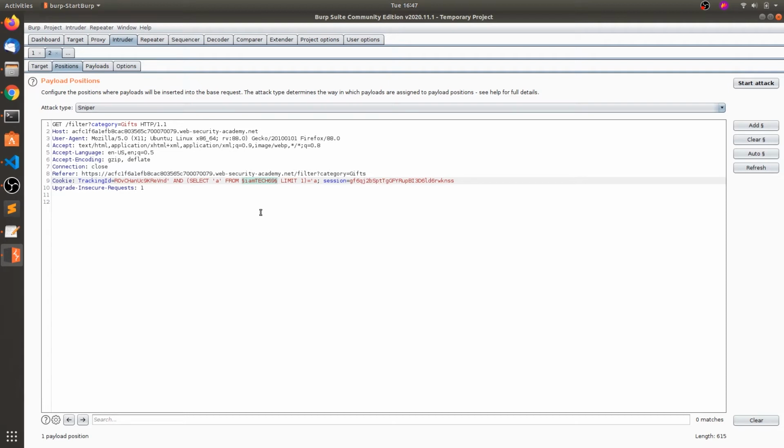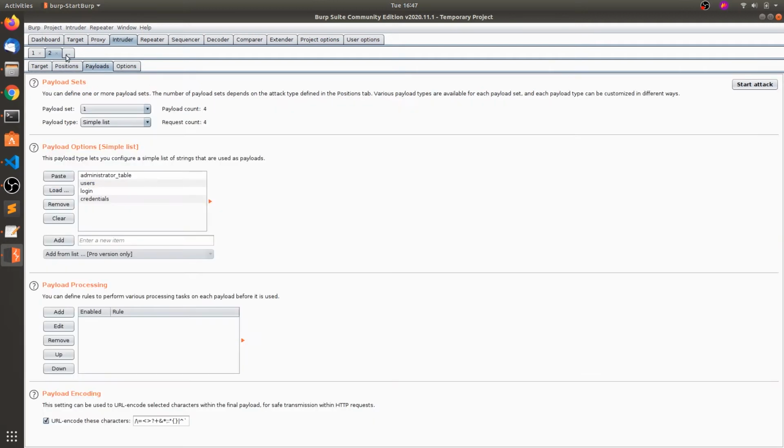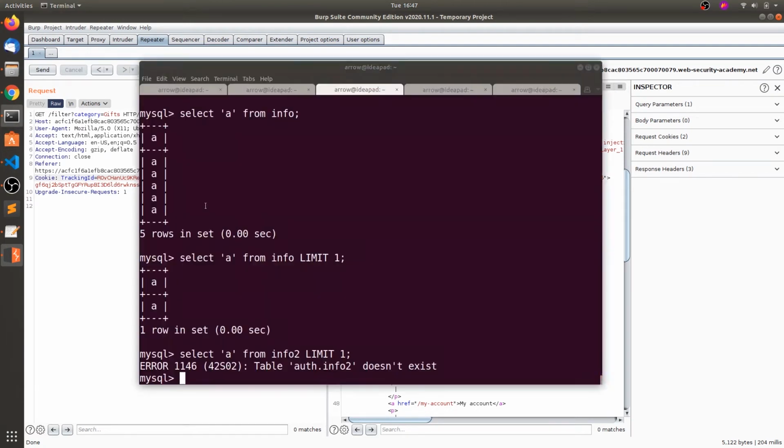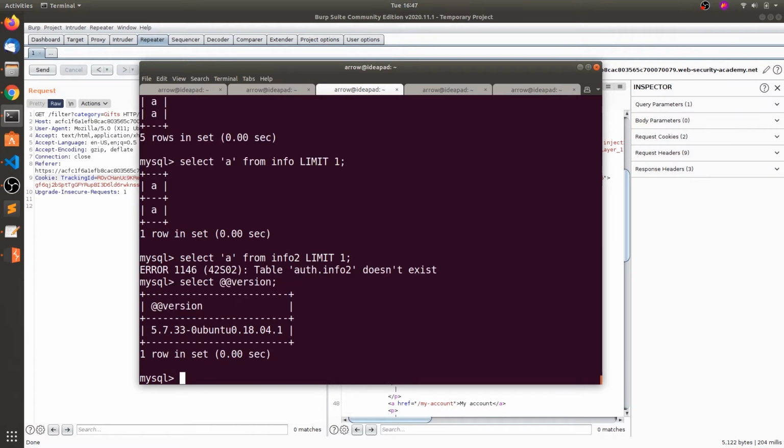So in blind SQL injection, most of the things are about brute forcing. So one other important thing you can do is select version, if we already know that it is a MySQL database.